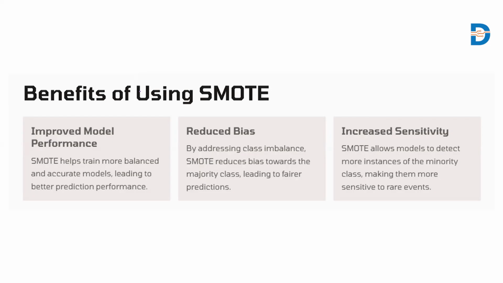Second, you can have a reduction in bias. Whenever you have an equal number of records for both classes, the model is fed with an equal number of records for the yes and the no class, so there will be no bias in the model learning. And you can also see an increase in the model's sensitivity. Whether you look at precision, recall, or F1 score, everything will have equal performance since the model is getting an equal number of records for either of the classes.